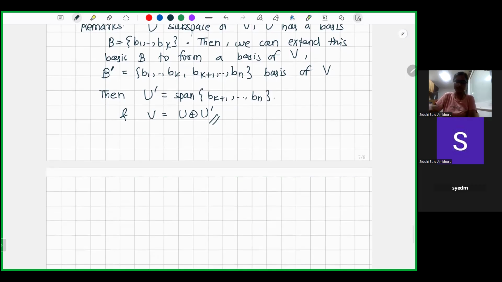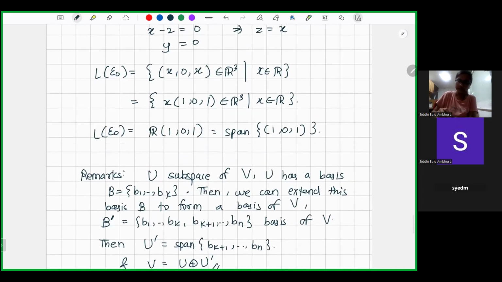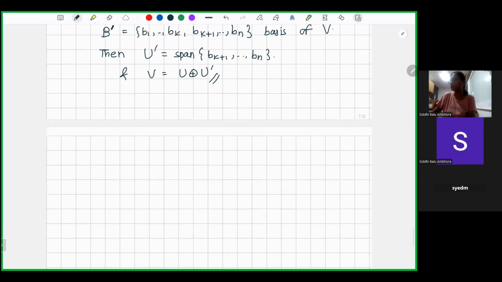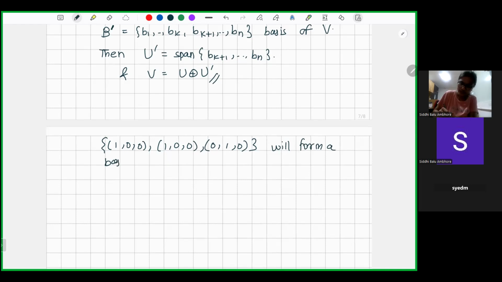We can choose any elements we want, and we can simply choose these two. It won't change anything. So note that (1, 0, 0), (0, 1, 0) and (1, 0, 1)